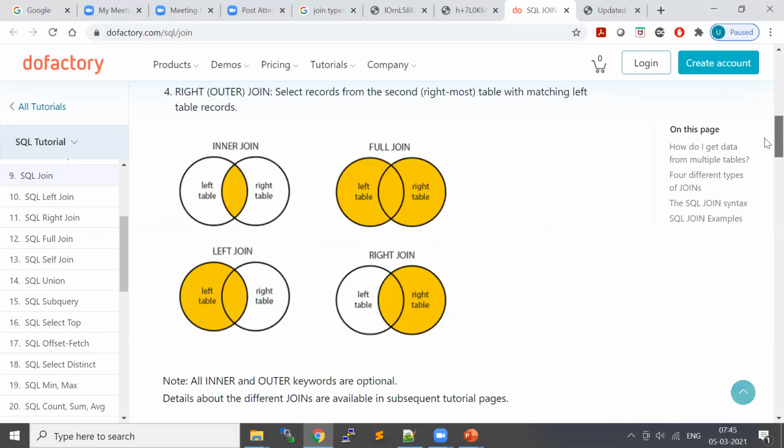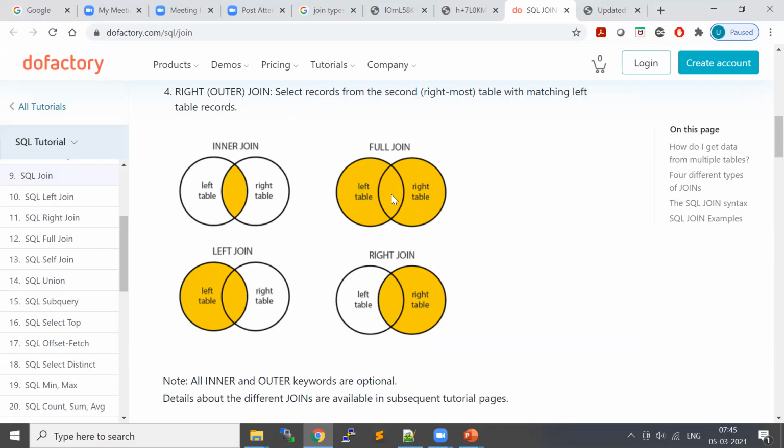When you apply the right outer join or right join, you're going to get all the records from the right table, which is the customer table, and whichever customer is matching, you are going to get the order id and order amount for those. Remaining will be null. With a full outer join, you will get records from both the tables, and for whichever customer id is matching in both tables, you will have the respective customer information from the right table and the order information from the left table.